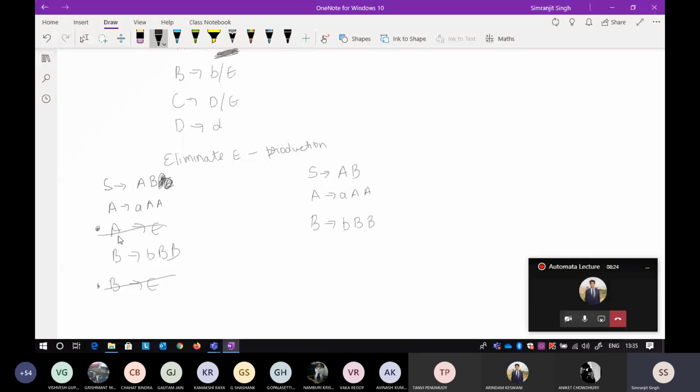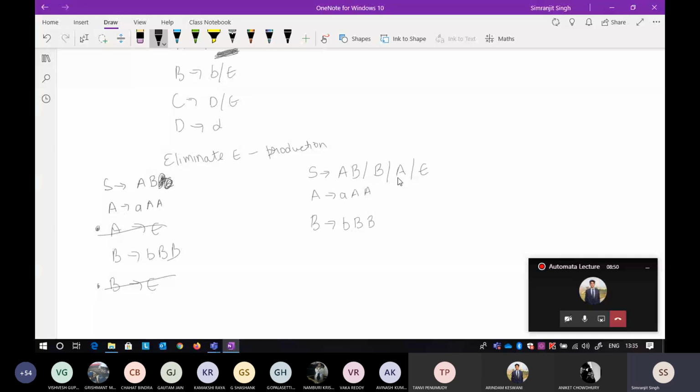Wherever there is an a, go there. In the starting symbol there is an a, so put epsilon here, and it will result in b. Wherever there is a b, put epsilon there as well. The part that remains is a. Now if you put epsilon for both a and b, it will result in epsilon.